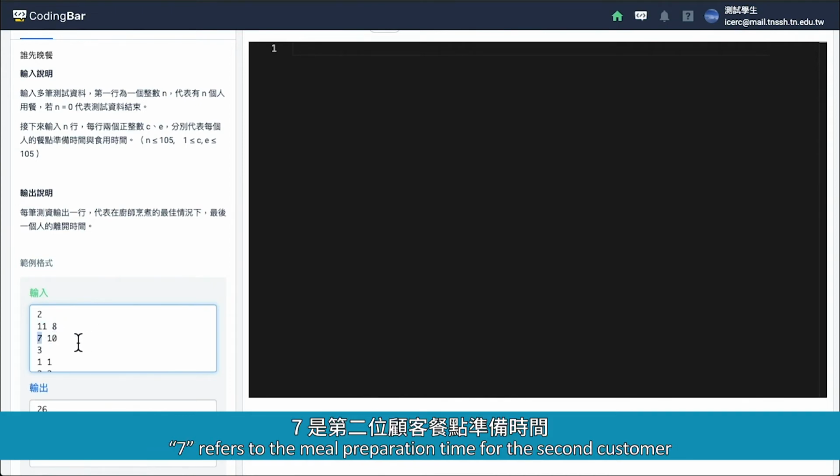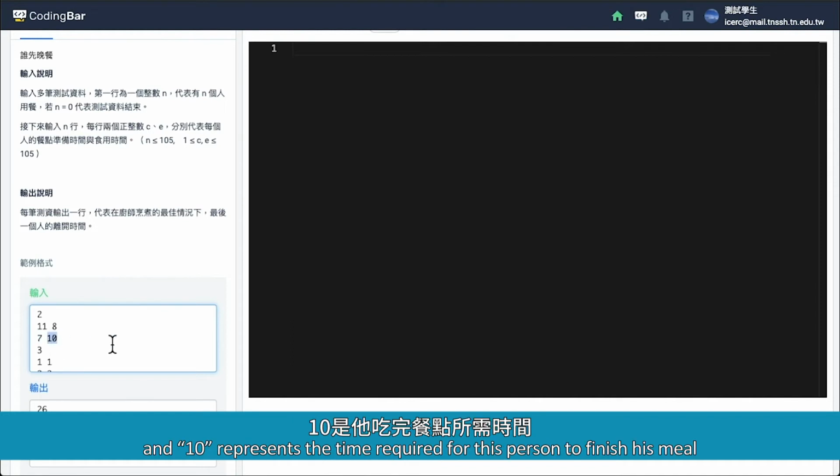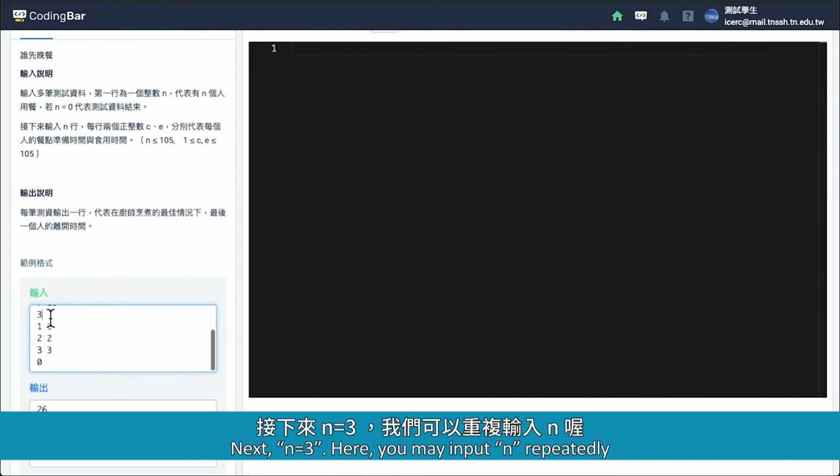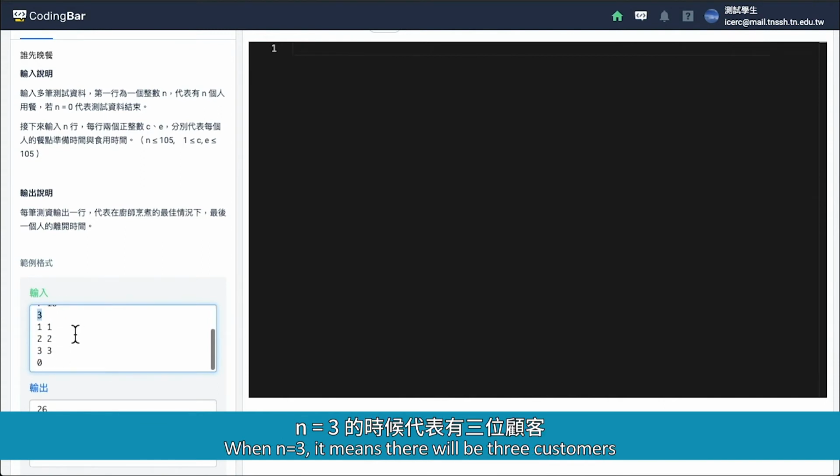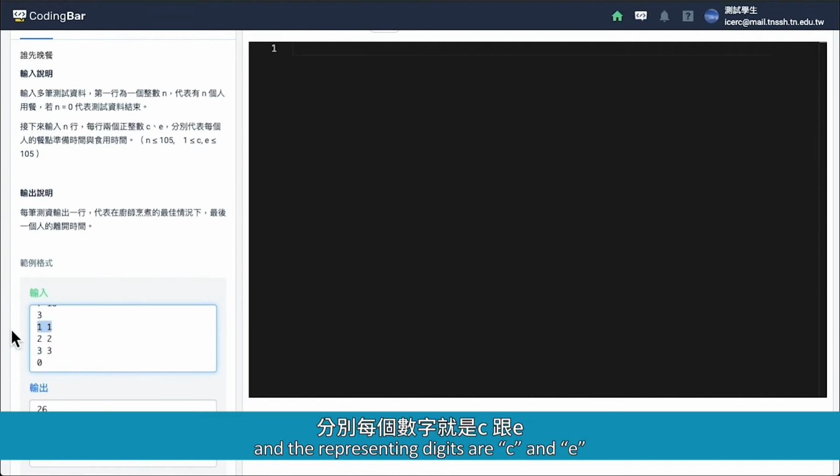7 refers to the meal preparation time for the second customer, and 10 represents the time required for this person to finish his meal. Next, n equals 3. Here you may input n repeatedly. When n equals 3, it means that there will be 3 customers, and the representing digits are c and e,